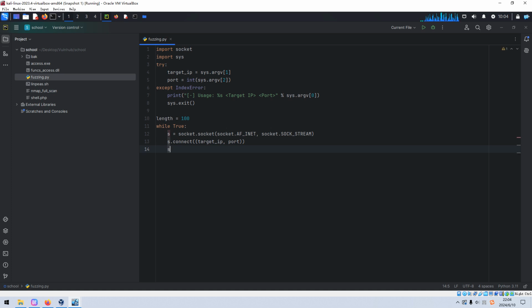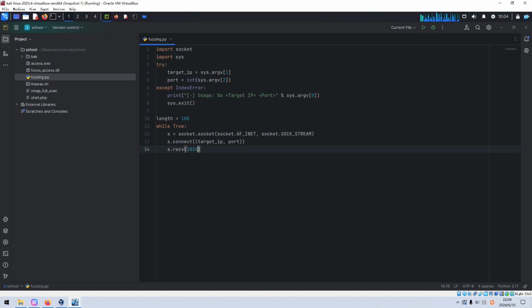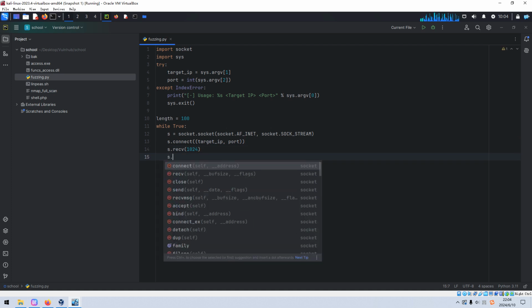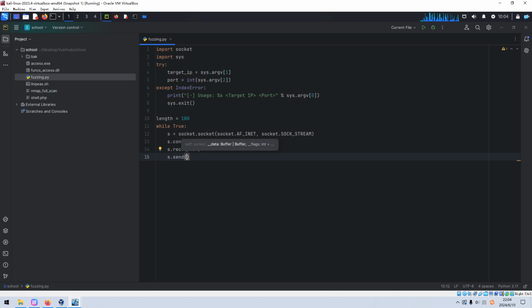Of course we need to receive the banner, and then we want to send the length.